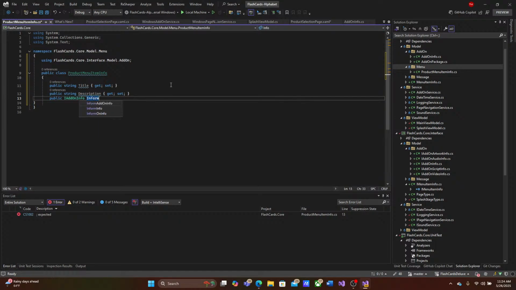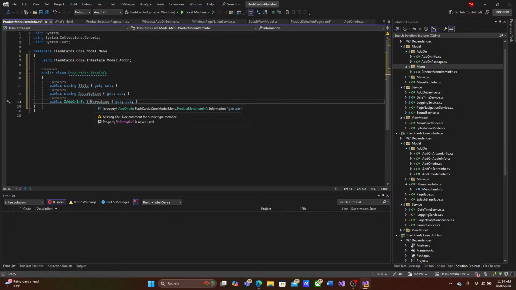Information. Get set. All right. Product information. I'll even just shorten it. Okay, so when we load the add-on info, we will get the title and description, but we